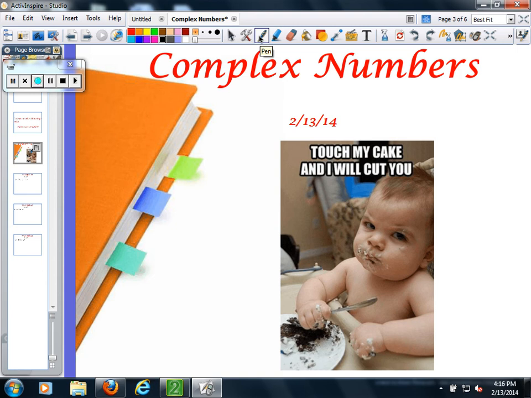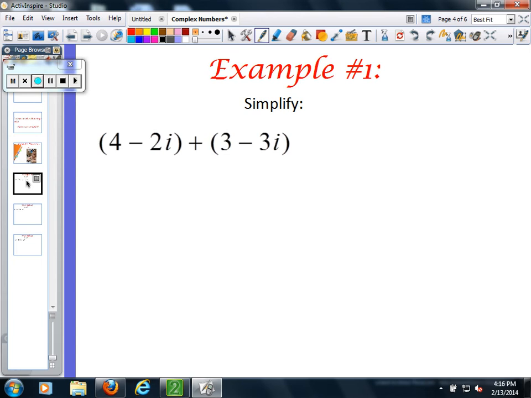Alright, so today we're going to be looking at complex numbers. This takes us a little farther with the radicals, gets us more involved with those and what's going on with all that stuff. This is where we're dealing with the letter i. So very simply, same as with radicals and variables, you want to treat this letter